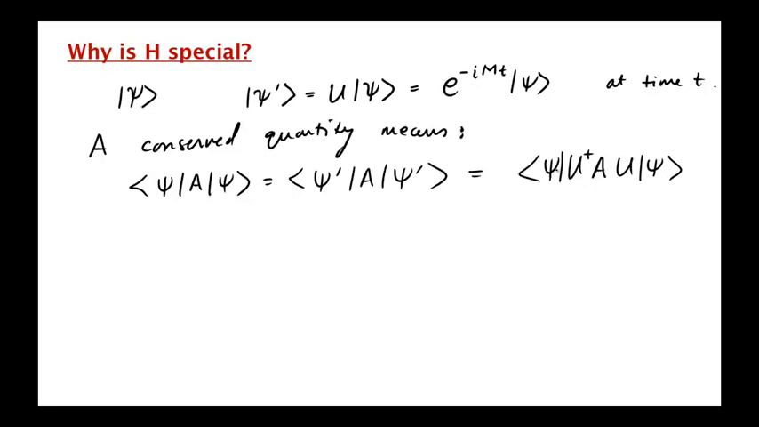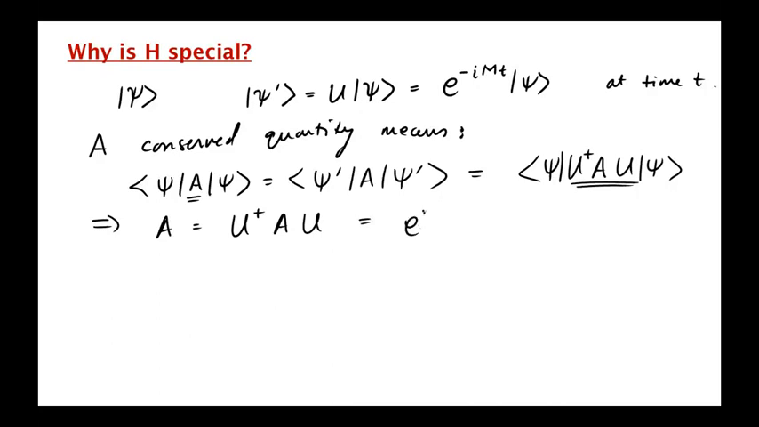Okay, but this equation holds for all psi. Since this holds for all psi, this implies that in fact A must equal u dagger A u, right? And so u dagger A u is of course just e